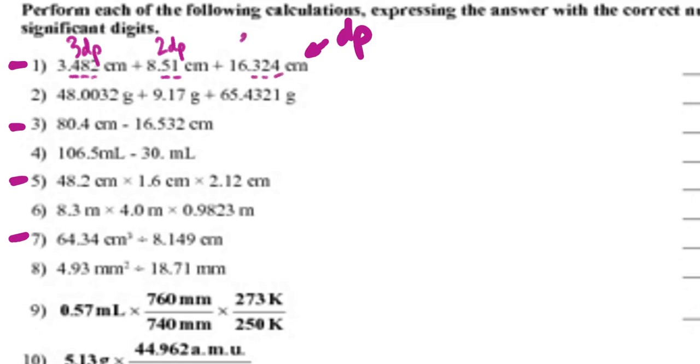324, that's 3 decimal places. Well, the fewest number of decimal places is here. So that means that the answer should be rounded to 2 decimal places. So if I add 3.482, 8.51, and 16.324 together on the calculator, I get